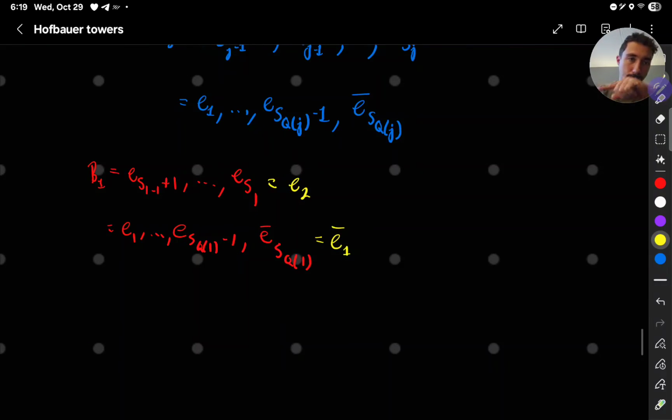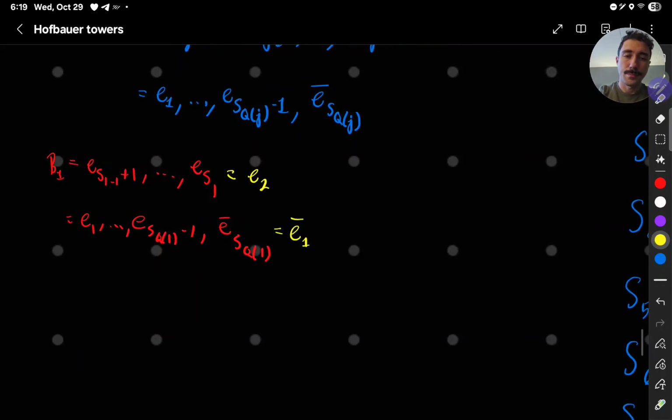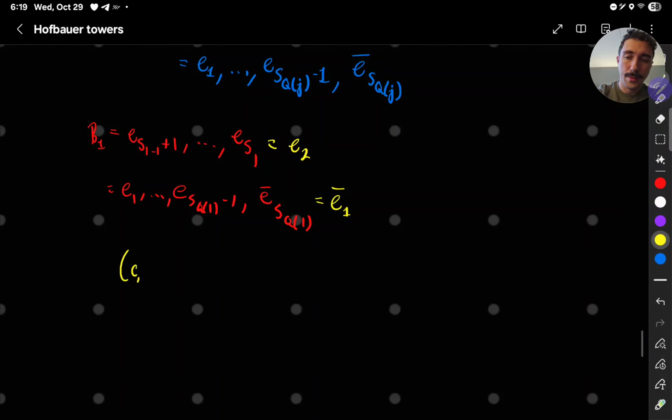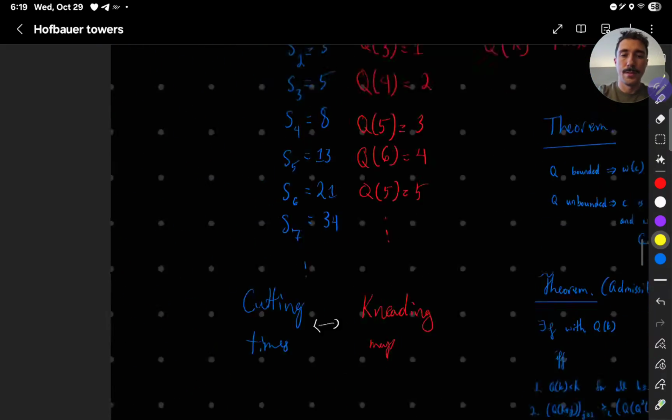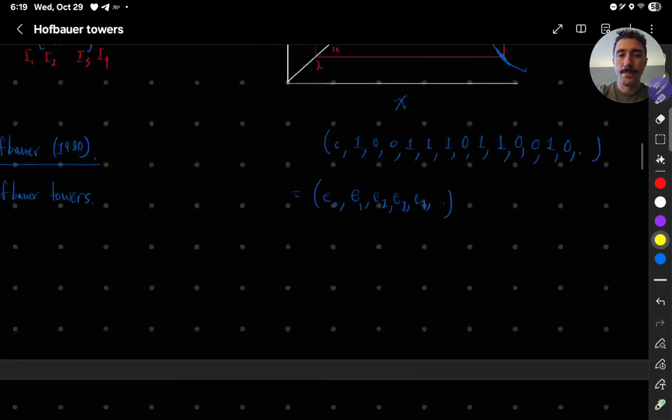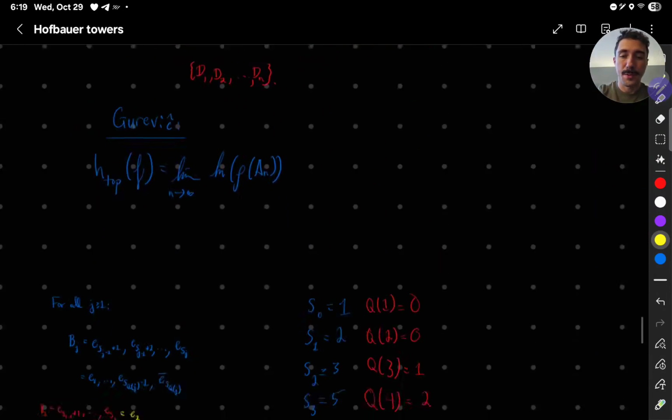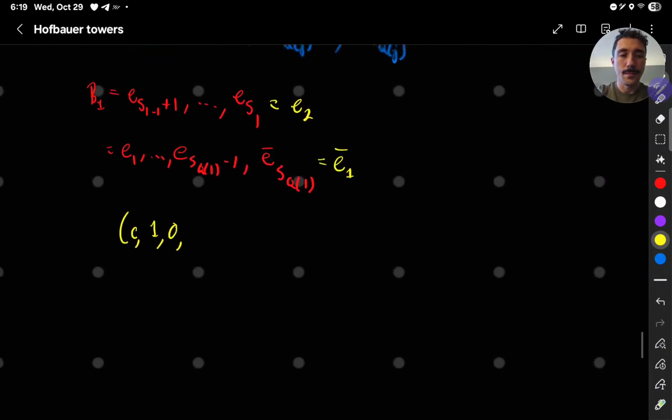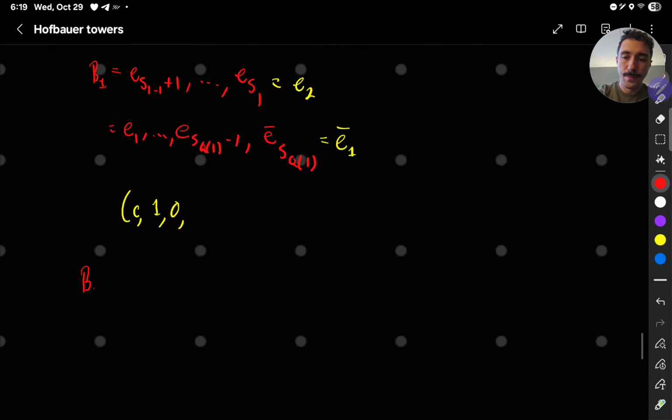So I always know in this concave down map that E1 is going to be, if we want chaos, we need E1 to be 1. So automatically we get C, E1 is 1, and then E2 has to be 0. Can we check if that was the case? C1, 0, so we're good. What about the next part? B2 is ES2 minus 1, I'll just write 1, plus 1, ES2,